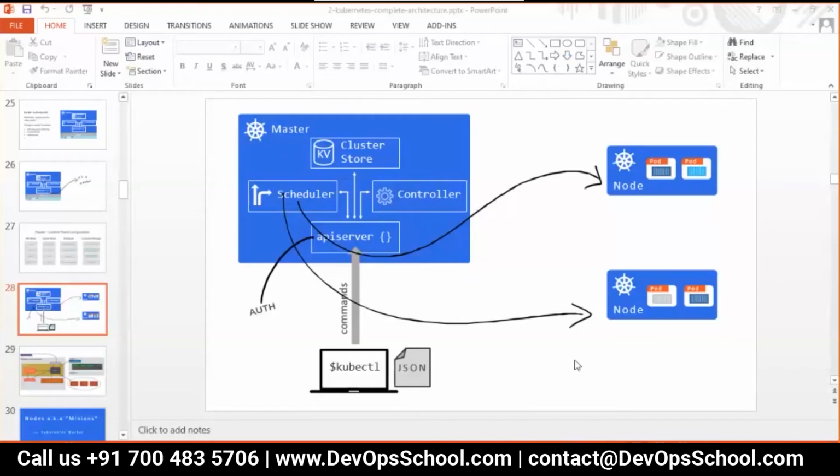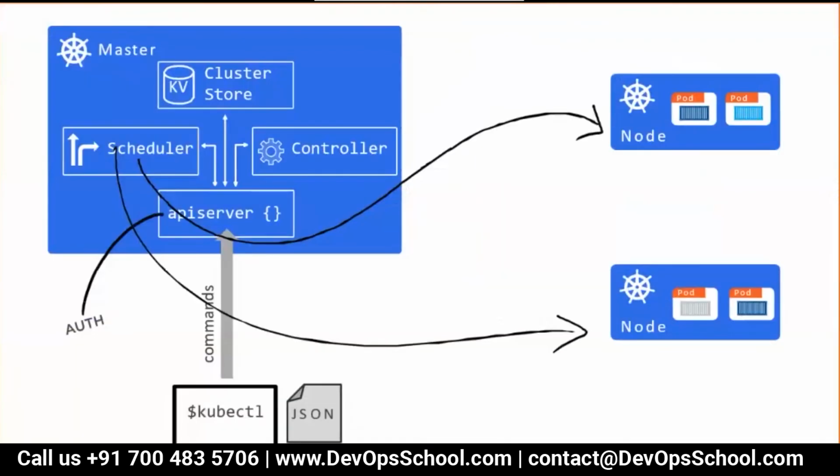If you look at this image, you'll see a little bit more elaborated form of the architecture. So look at it very carefully. We discussed the master so far, only the master. Now we need to discuss the worker, the node. So what is a node? A node is a place where we run containers. But we are not running the container just like that. We are running the container inside a pod.